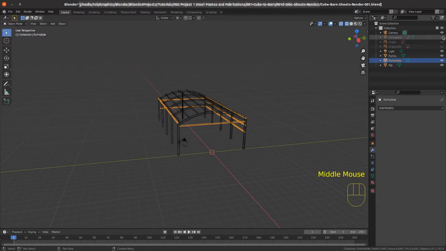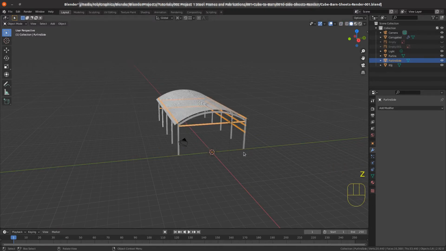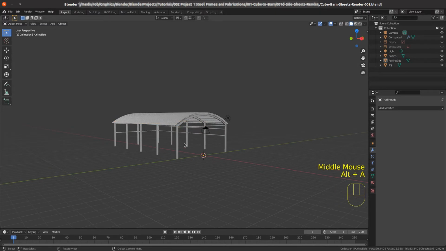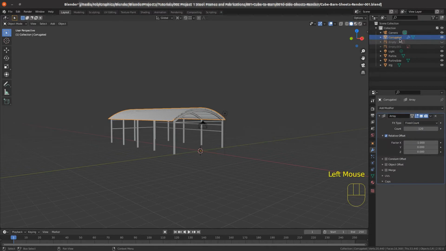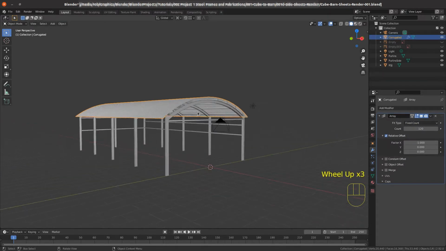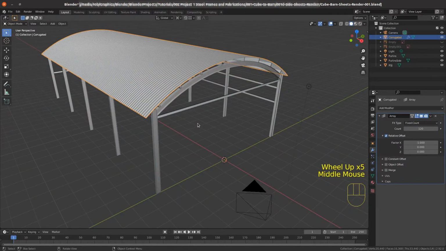If we put the corrugated sheets back into view in the outliner, and Z for solid, and then Alt-A so we deselect everything, you can see we're getting the frame now to build the side sheets, front and back sheets too. We've got the structure in now to hold the side sheets, so we can steal the profile of the corrugated steel from the curved roof. So select the curved roof, or in the outliner click on the corrugated object. If we zoom in and go into numpad 7,